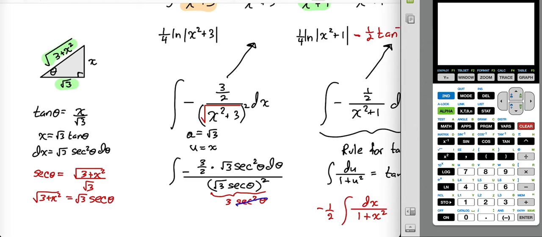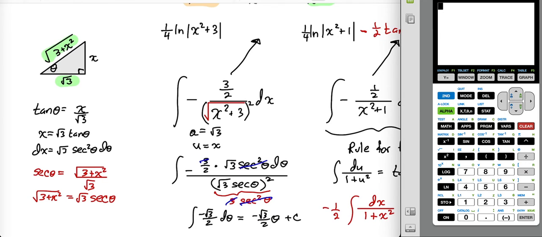So secant squared theta goes away, the 3 goes away, and we're looking at radical 3 over 2 integrated, and that's going to give us radical 3 over 2 theta plus c. And just like every other time, we need to pull a theta out of this, and the good choice would be the original ratio, giving us theta